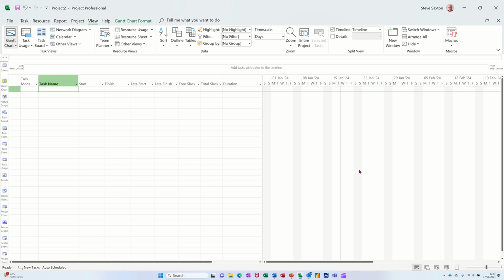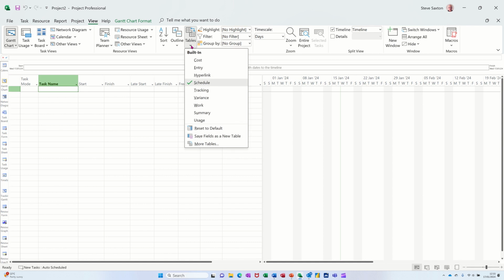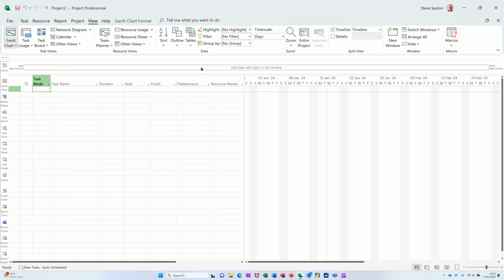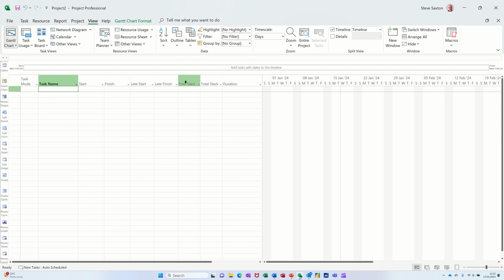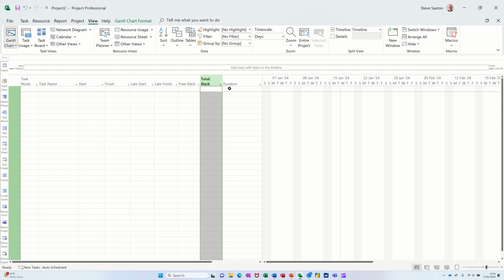In this module, I want to show you what the difference between free slack and total slack is. So on the screen, I've got the schedule table already on the screen. Normally it would be on the entry table and these are the columns that you would see. So I've gone to the view tab and I've gone to tables and I've selected schedule just to show you these two columns. Now, obviously, you can just add these columns to any table anyhow, but there they are in